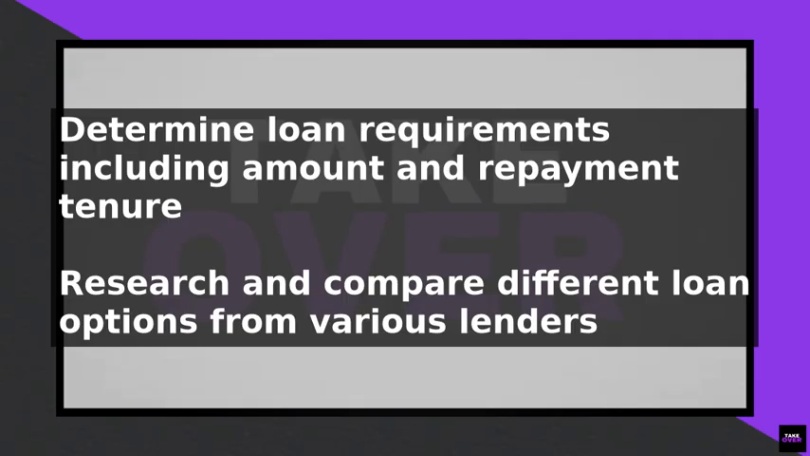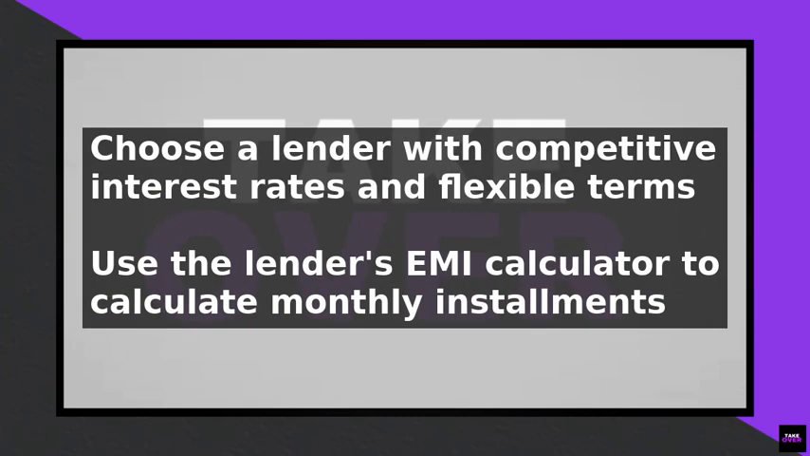Once you have selected a lender, use their EMI calculator to calculate your monthly installment amount. The EMI calculator will require you to input the loan amount, interest rate, and repayment tenure. For example, if you want to borrow $100,000 at an interest rate of 12% per annum for a period of 5 years, you can use the EMI calculator to determine your monthly installment amount. The calculator will take into account the loan amount, interest rate, and repayment tenure to give you an accurate calculation